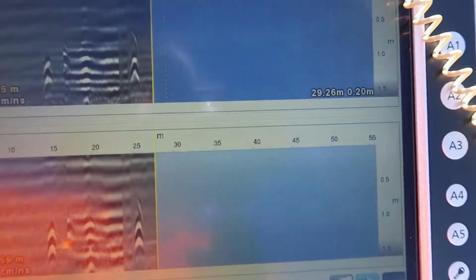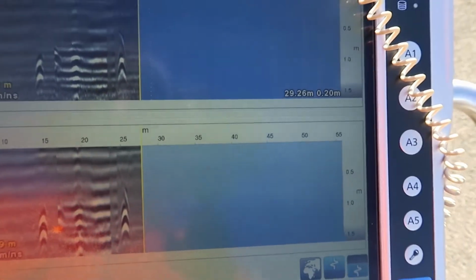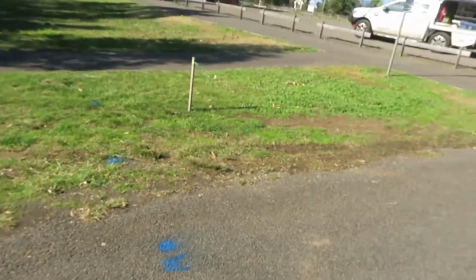Again, we could look at this in another area, another soil type, and it could be completely different. Now, ductiles are real easy to find, real simple, but you don't need ground penetrating radar to find it, because you can locate it with a cable locator. Well, actually, generally, sometimes you struggle to find it with a cable locator, but I'll talk about that another day. For now, what I want to show you is the asbestos water main. That's the one I really wanted to find.